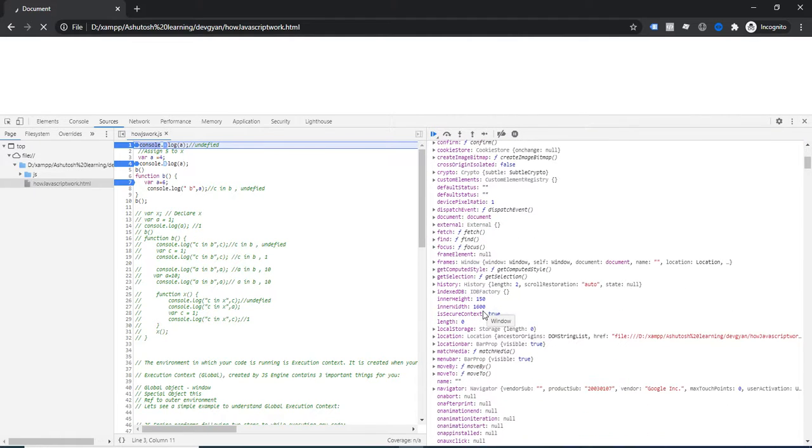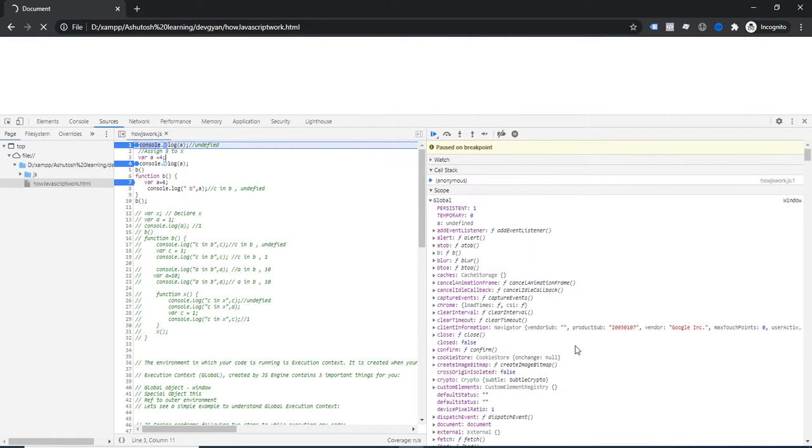There are lots of things: caches, cookies, localhost, local storage, location, history, this type of thing. All these things are provided by the browser. So the browser by default will add some of these things to the global object. That's why in the global object you can notice that the a value is undefined and the b value is referring to the function. But apart from this, other things are added by the browser so that you can access their API very well.